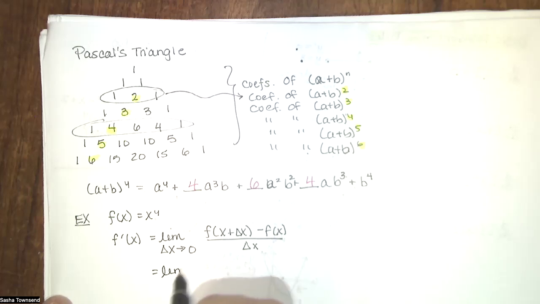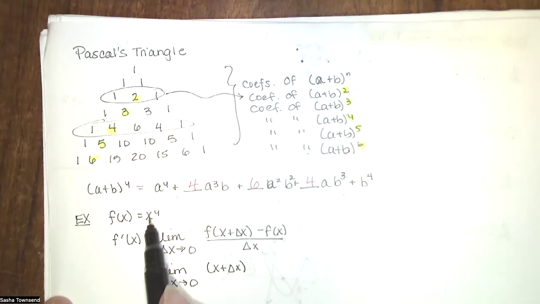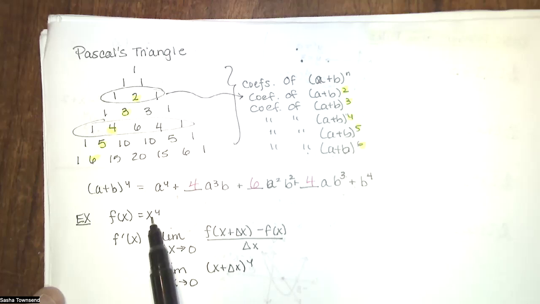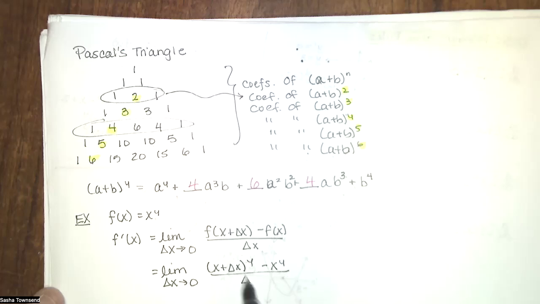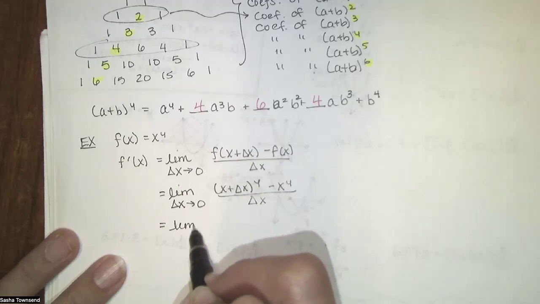So we end up with x plus delta x raised to the 4th power. So we're taking this expression, we're substituting that for x, and then we're raising it to the 4th. And then we're subtracting x to the 4th, and then dividing by delta x and taking the limit. Just using this pattern,